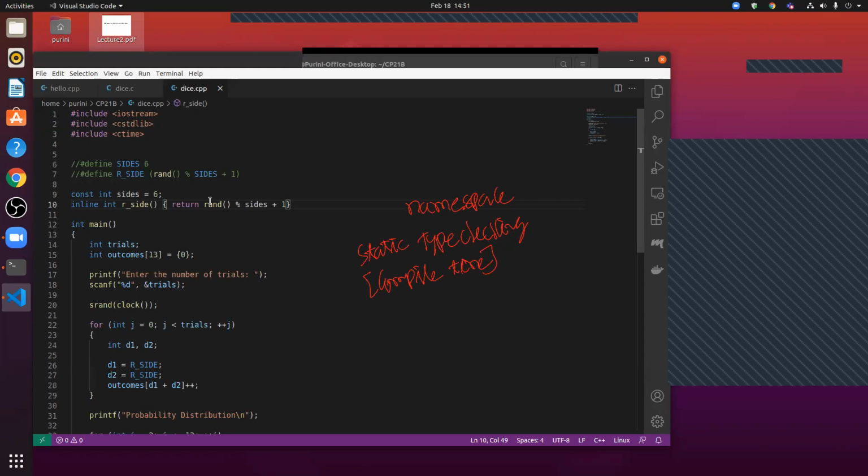What does this inline keyword do? Whenever we call a function, there is a lot of overhead involved, because certain things need to be set up. If this is the actual function code, we will have what is called a function prologue. It is like setting up the stage. And then there is what is called a function epilogue. This is like dismantling the stage.